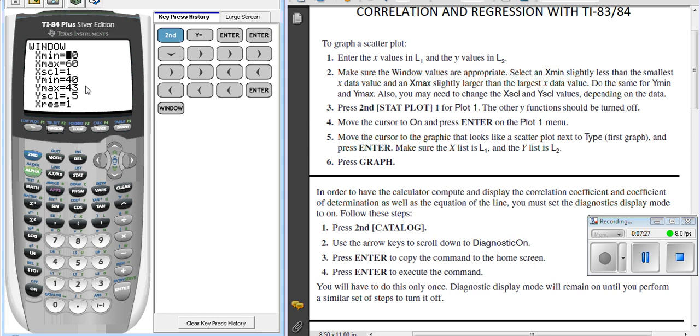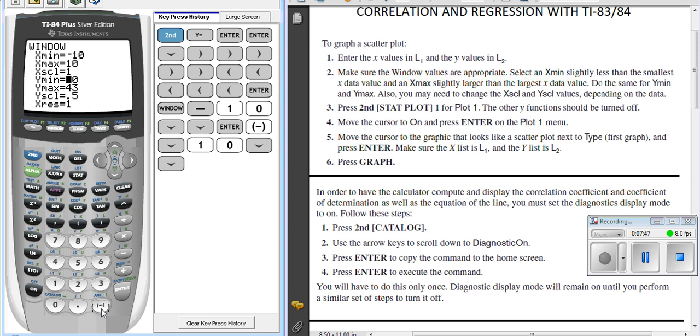But if I wanted to go from, and I'm just going to type some numbers in, don't type these in. If I wanted to go from -10 on the x-axis, oops, I pressed the wrong thing. I didn't press negative. If I want to go from -10 to +10, going by ones, and from -10 to +10, and I'll just say going by ones again. You don't have to worry about the screen resolution right now. It's not something we need to worry about until we get some more advanced functions. So now if I hit graph,